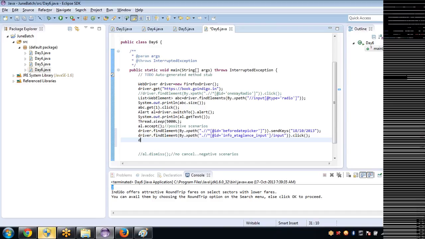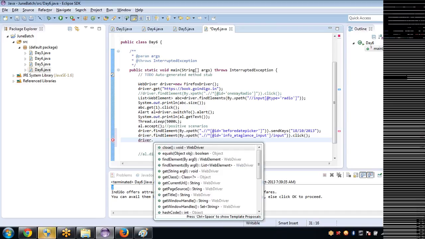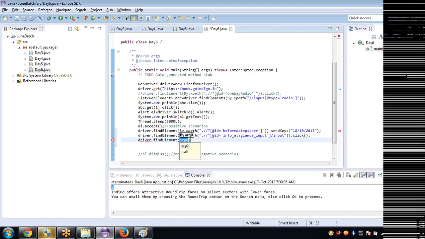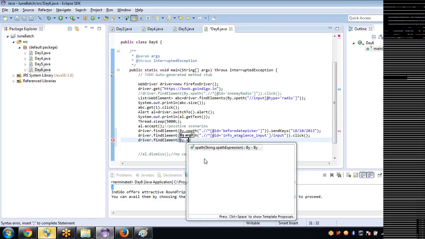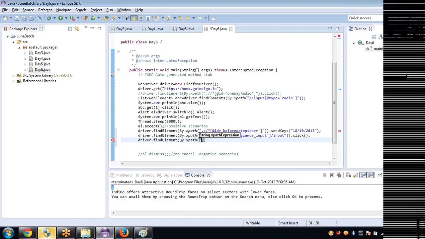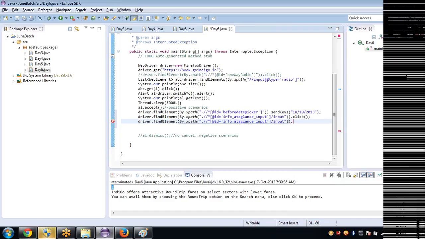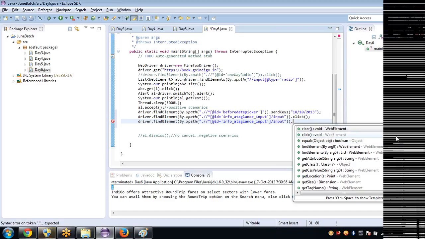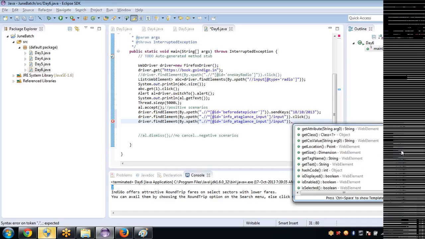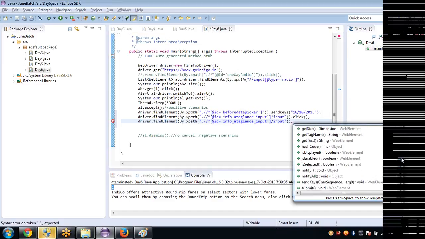You can keep validation in this way. Driver dot, again the same thing, find element. In the above I have performed the click operation, right? Dot, there is a method called is selected.